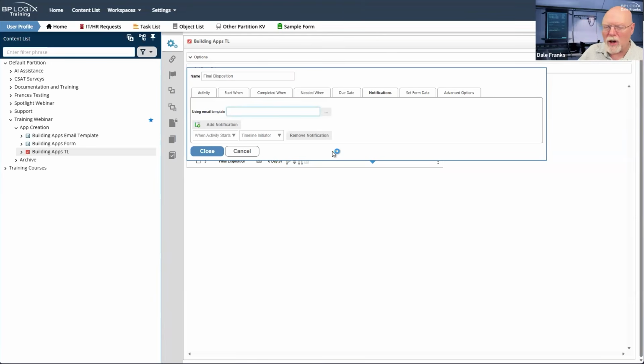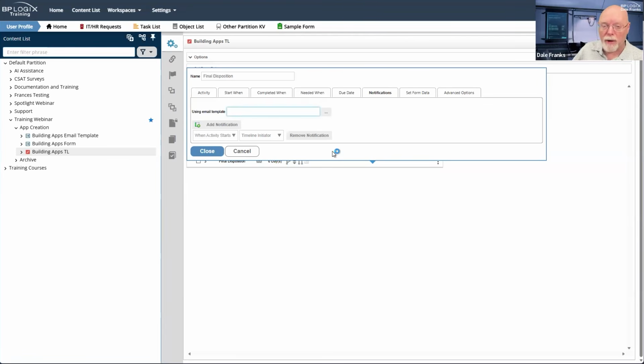Technically, we could include the initiator resubmittal as just a normal task assignment, and that would give us 2 email templates. But of course, anything over 1 email template becomes a problem for us, because we have to be able to send different email templates to different users at different times. So if we want to use the scenario that I've described, where the initiator resubmittal, the two approval activities, and the final disposition activities are 3 different emails, you would think that, well, what we need are 3 different email templates. That's not true, and that's not how we're going to do it. But it is possible to actually build it that way.